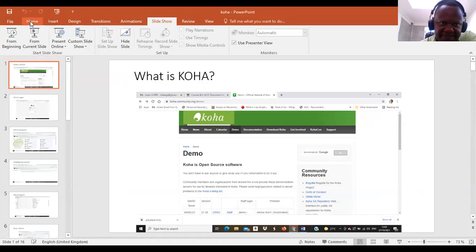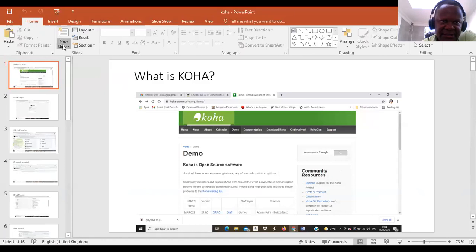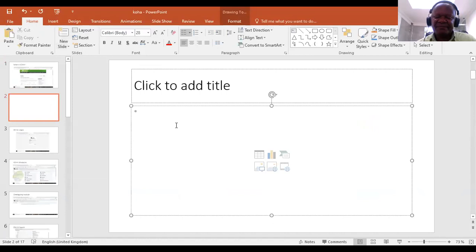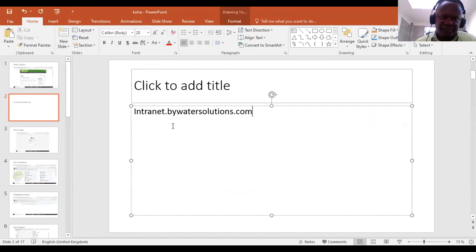I want to add a new slide, which has the address, which was intranet, and it was by water solutions.com. So this is the address you'll go to